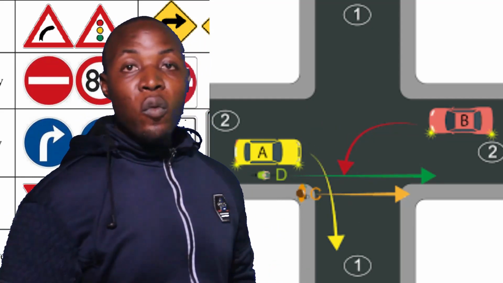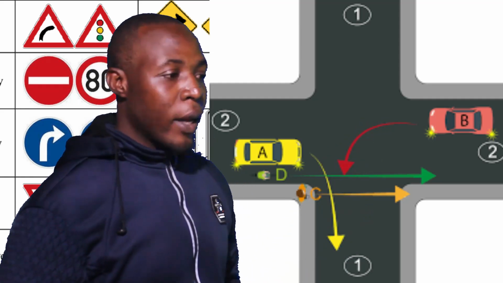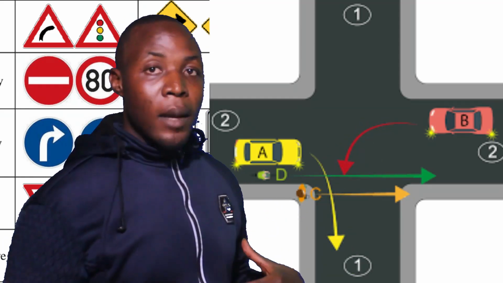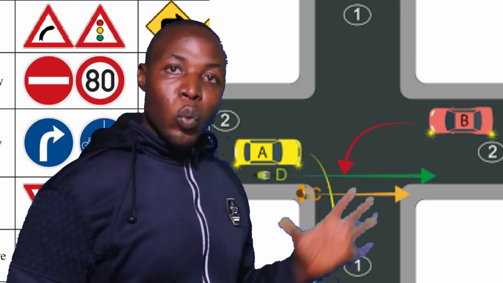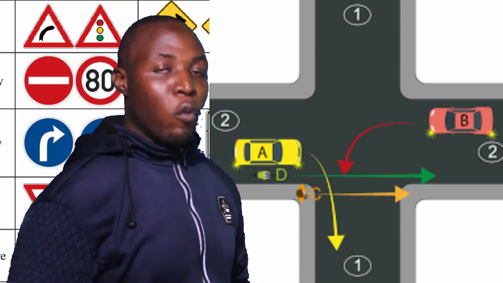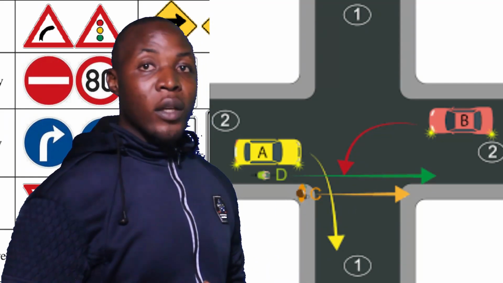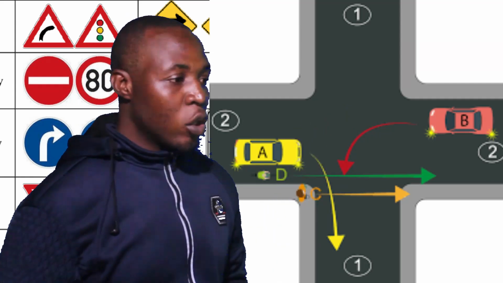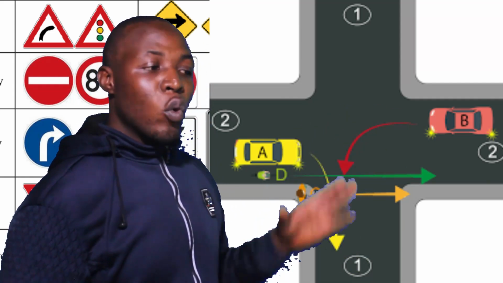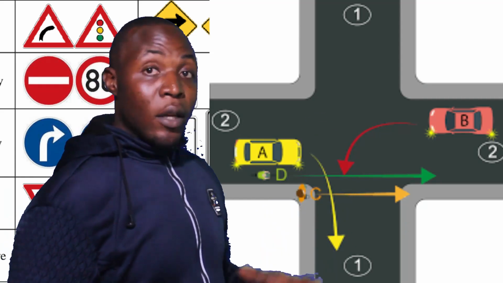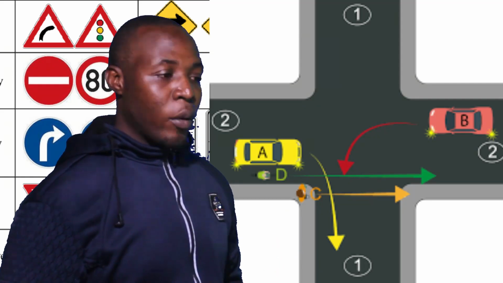Here we have two vehicles, the yellow vehicle and the red vehicle. Both of them want to move towards one direction. So in this situation, who has the right of way to pass first, and who must wait for the other person? The yellow vehicle has the right of way to go first before the red vehicle, because